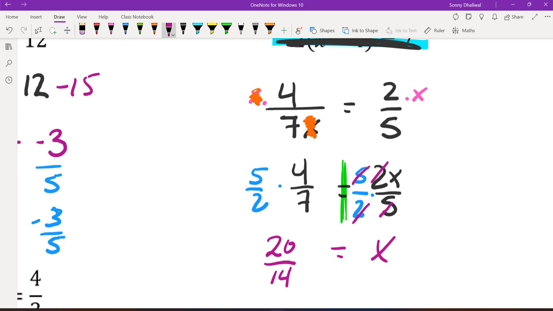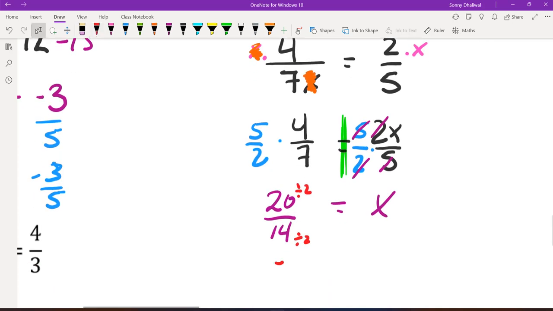Now, whenever you have your answers as fractions, you check to see if it can be reduced. Can this fraction be further reduced? Yeah, they're both even numbers, right? Yeah. So you divide both top and bottom by 2. Divide this by 2, divide this by 2, right? You end up with 10 over 7. 10 over 7 equals x. Okay? All right, and we'll call